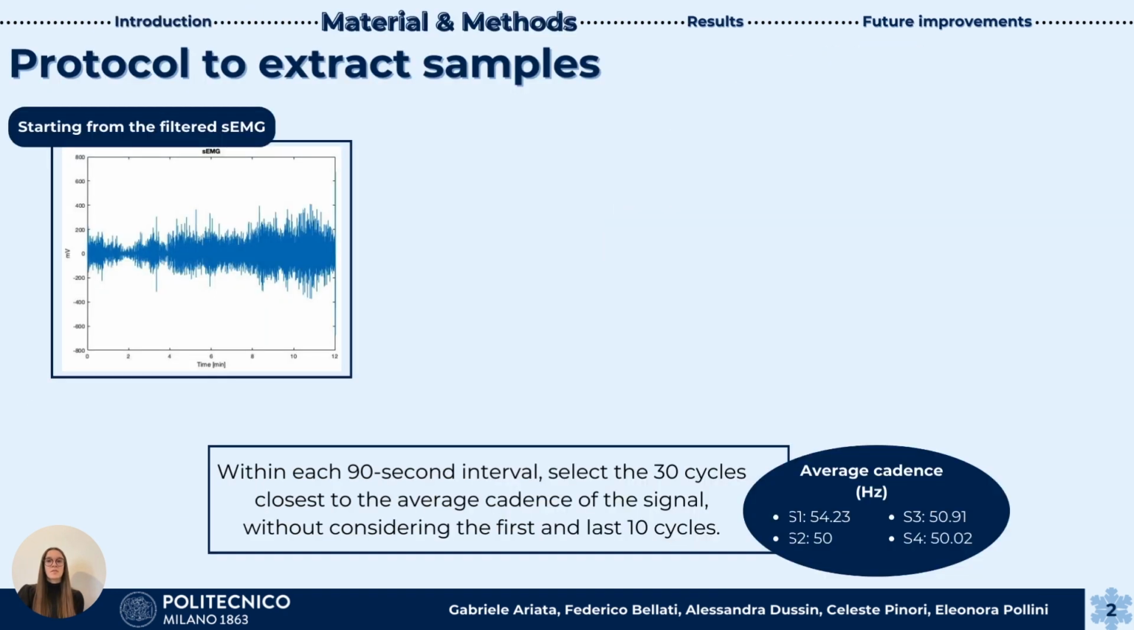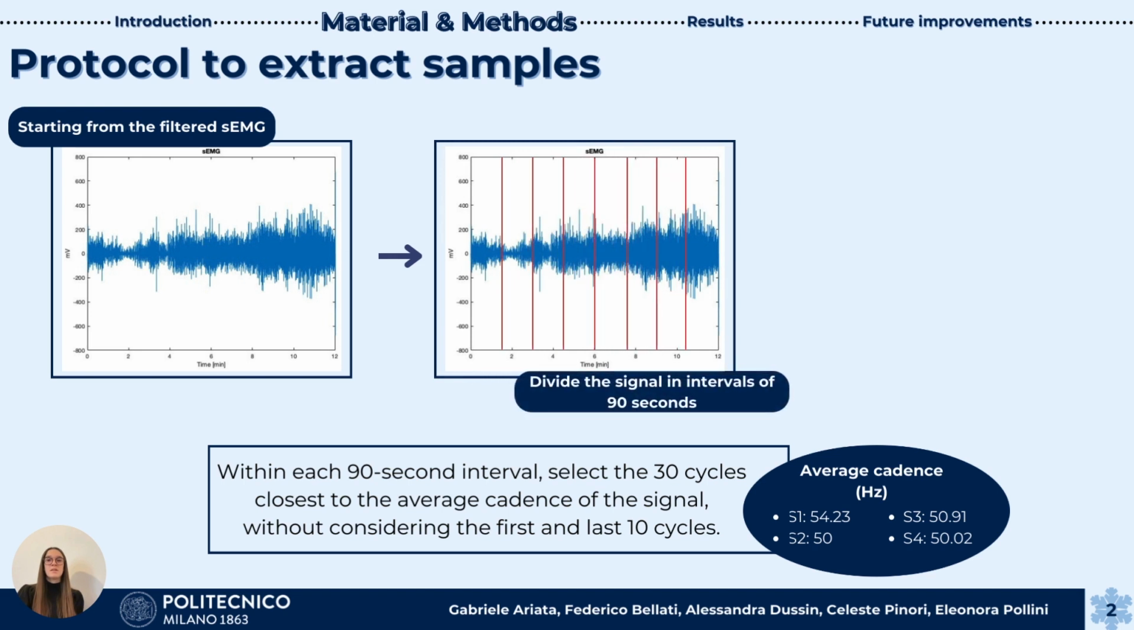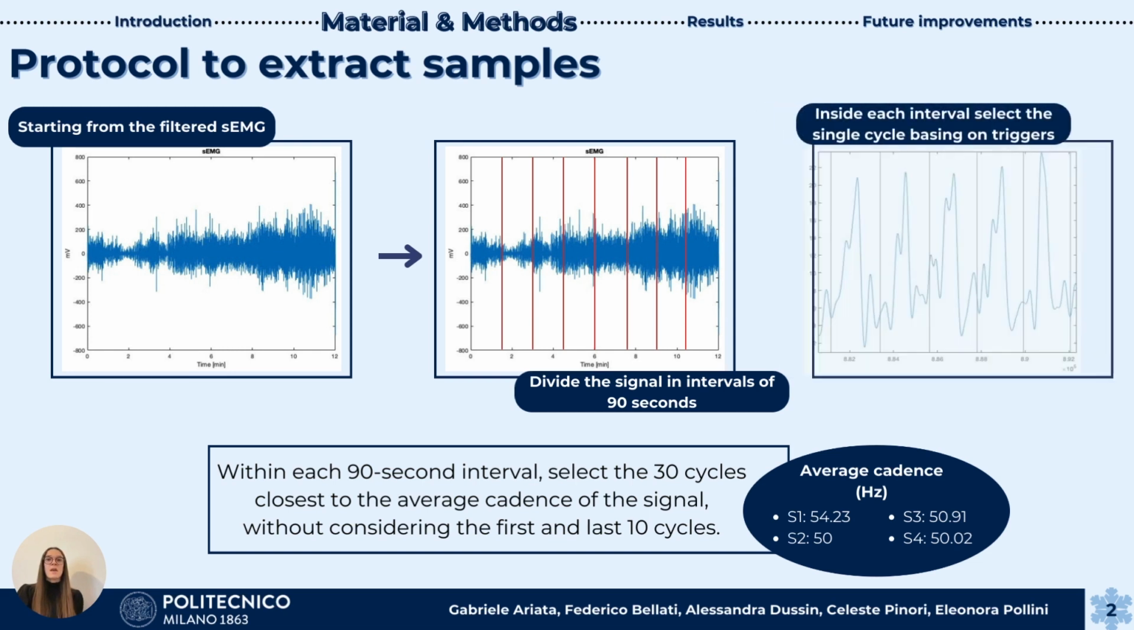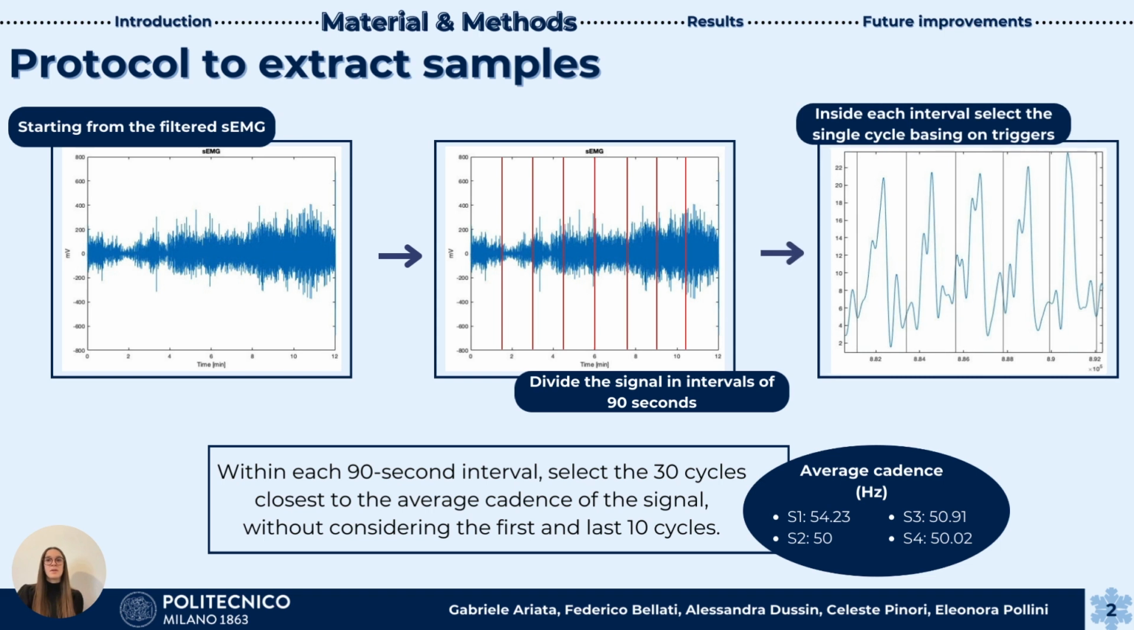After the pre-processing phase, we divide the entire signal into 90 seconds intervals related to the level of resistance applied. The starting and ending point of each cycle were known thanks to the presence of an encoder. For each interval, we removed the first and the last 10 cycles to obtain a clean signal. Inside each interval, we selected the 30 cycles of frequency closer to the average cadence of the exercise. Selecting this way, cycles are not consecutive, but this is not a problem because we treat each cycle as a